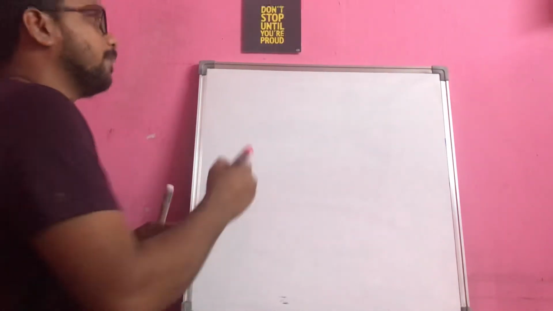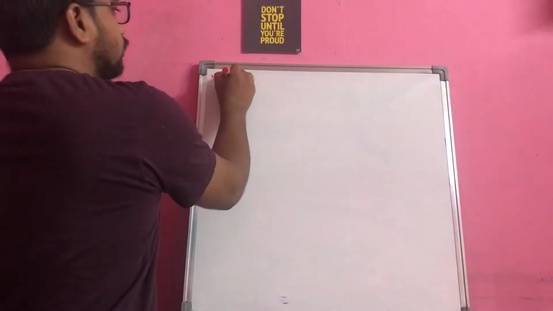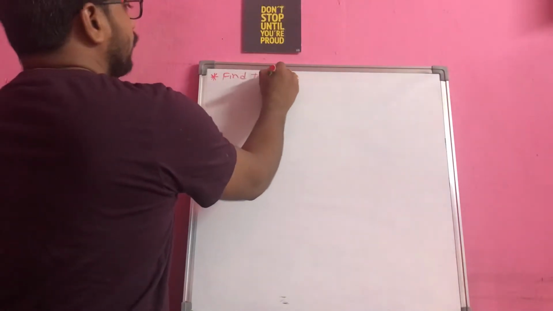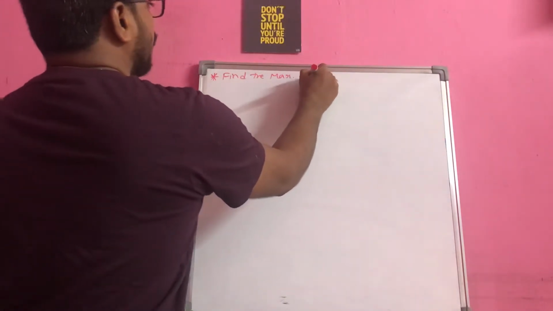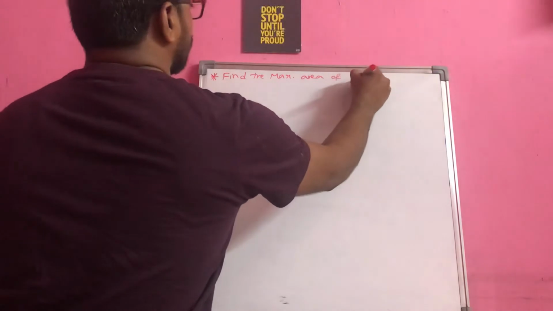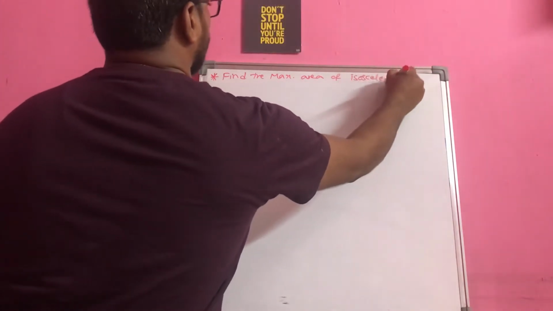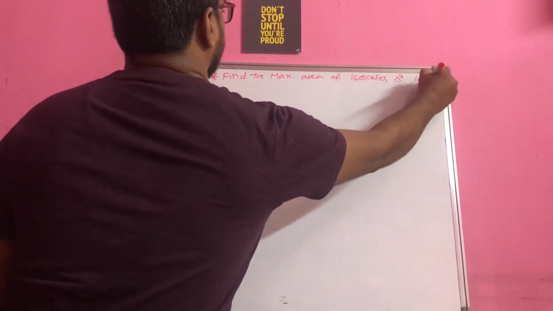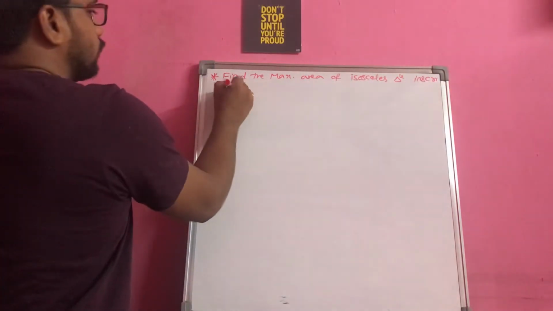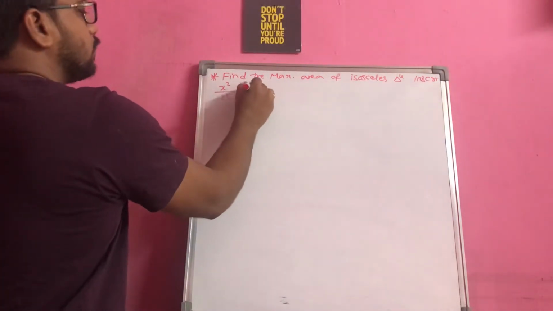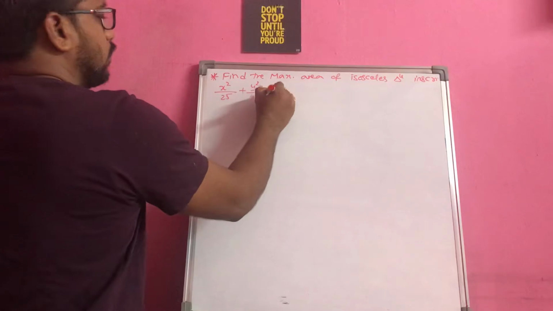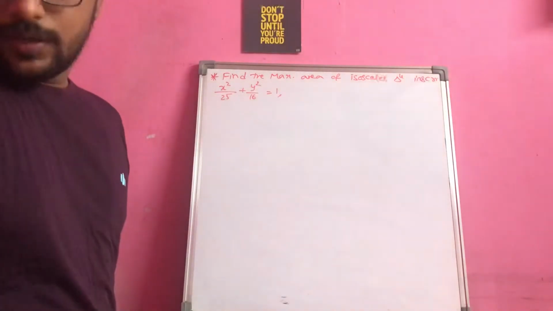Find the maximum area of the isosceles triangle inscribed in the ellipse x square by 25 plus y square by 16 is equal to 1,